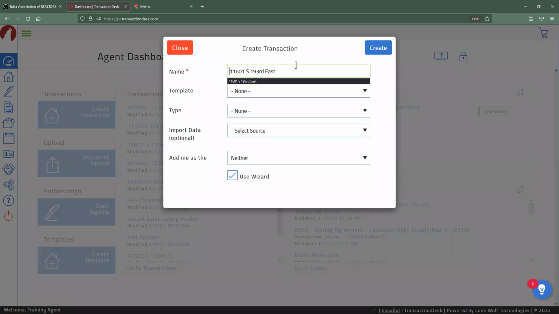Now, my recommendation is always to have the property's address built in so that you know what property it was that you were interacting with. And I also recommend if you are working with buyers or sellers, whoever it is, you put whoever your main contact is for this particular property as your starting point. So for instance, if I'm working with the Johnsons, I'm going to put Johnson there, and then the address that I'm working with. Now, again, you don't have to do this.